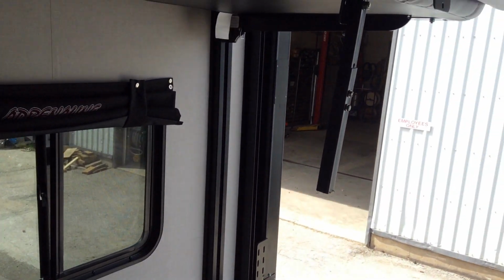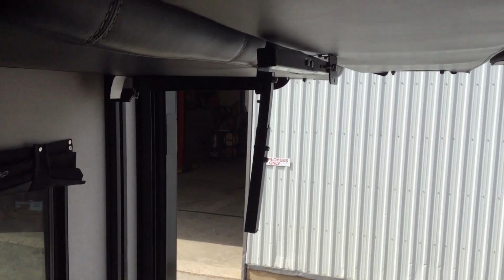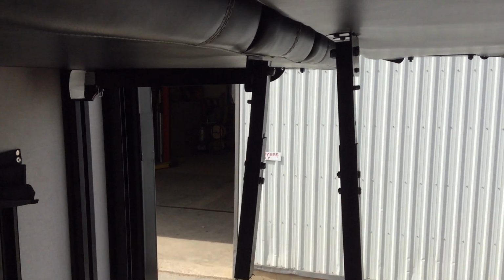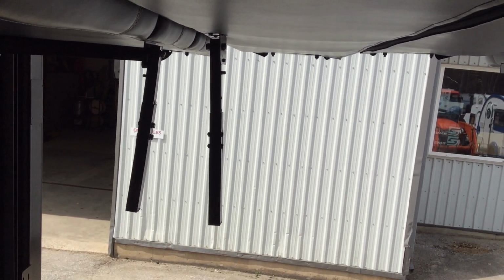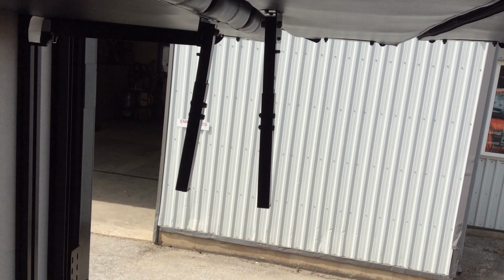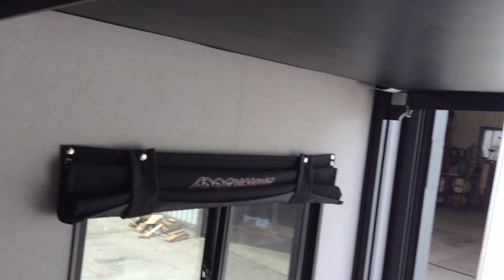So these are just supports when it's in the down position, so that the beds have a little bit better support. This other one that is right here, this is if you're going to leave it in a bed position. Again, this is allowing more support. If you're folding it up into the couch position, that will stay in the up position. So if we bring it down the rest of the way,